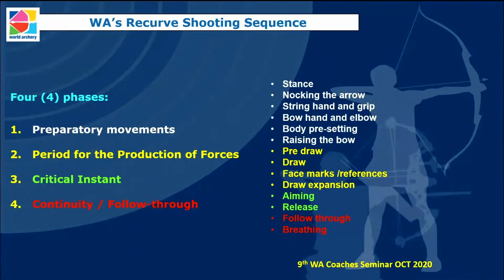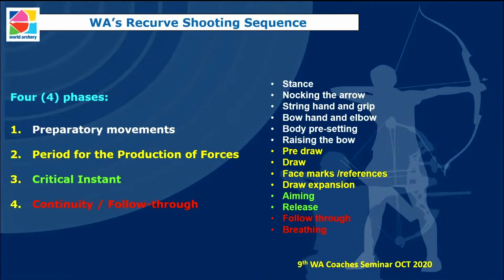So moving on, we can see here the 4 phases of World Archery's shot sequence, basically. This is the steps that World Archery believe an archer should be taking towards shooting an arrow. Now, these steps may differ in your country. That's totally fine, and you may be using a certain type of shot sequence, but in general, most of them will have these similar type steps. So obviously I've color coordinated the major area here, the preparatory movements, and these are some on the right-hand side of the breakdown steps within that larger step. I'll be in coming slides showing or going through some of the ones that I think are similar or different